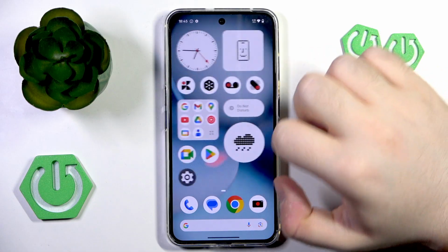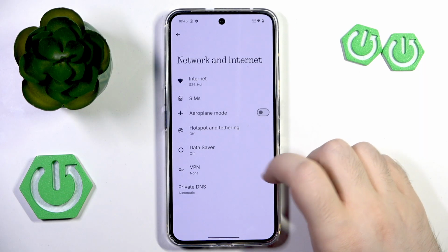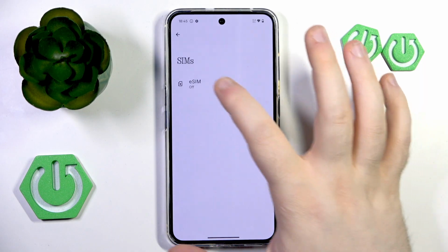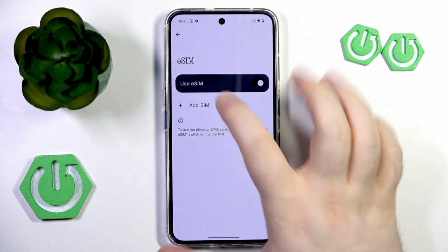So you have to start by opening your settings application, and now you have to go to network and internet and then click on SIMs. Then click on eSIM and click here to enable your eSIM and then click enable. Now click on add eSIM